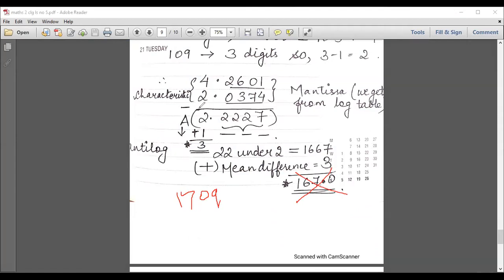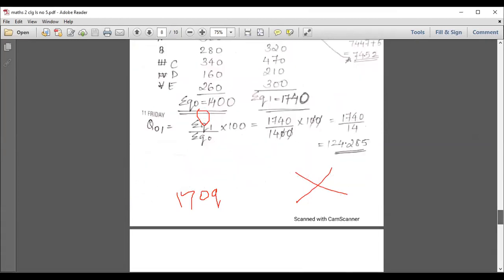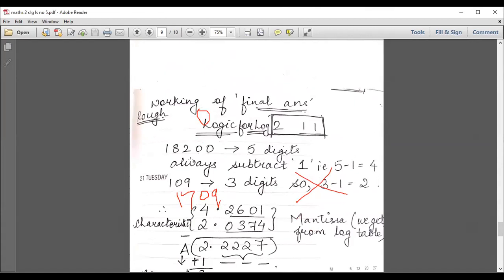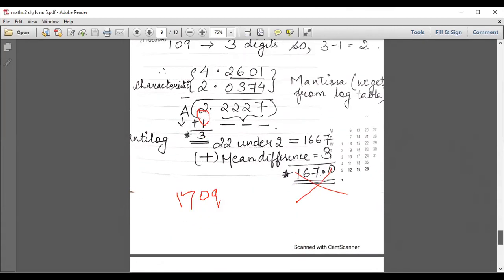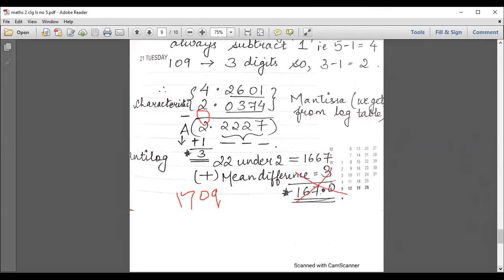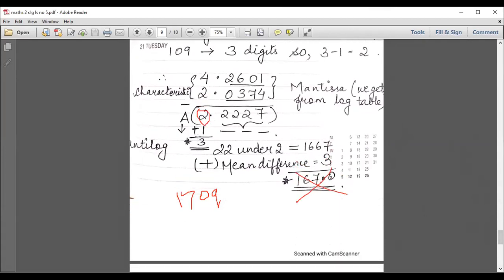Now coming on to the part before the decimal. Can you all see this 2? हमने ये 2 को consider ही नहीं किया था. And you remember in the start I told you all one subtract करना होता है. In the start I already mentioned that one number we had subtracted, if you all remember. See, यहाँ पे लिखा था ना, subtract 1. Always subtract 1. Now we will take that 1 and add it back here. I have added it again over here. That 1 which was subtracted has been added back.